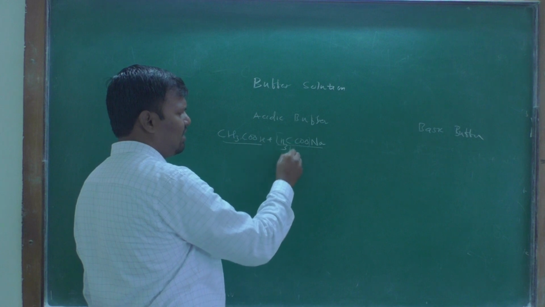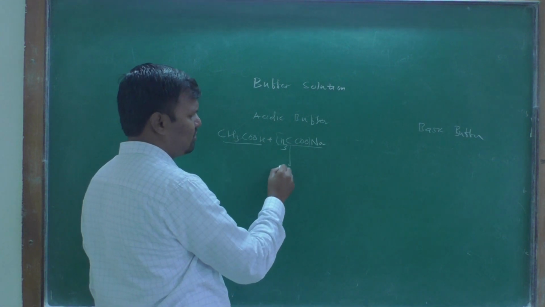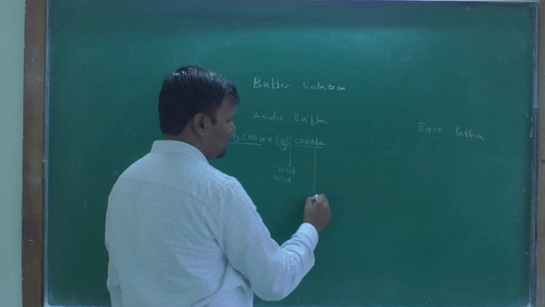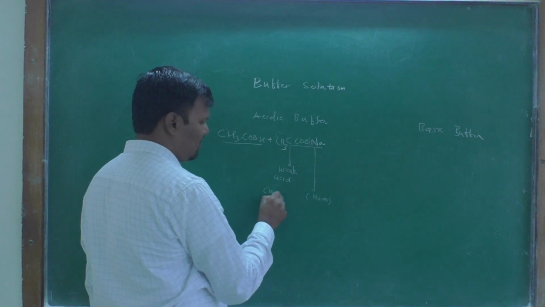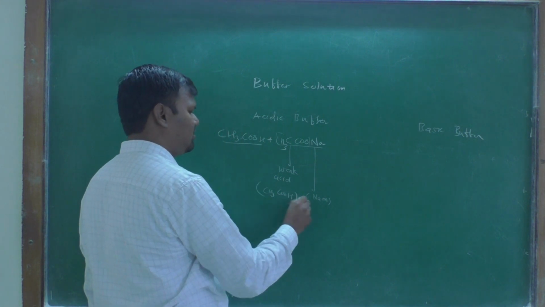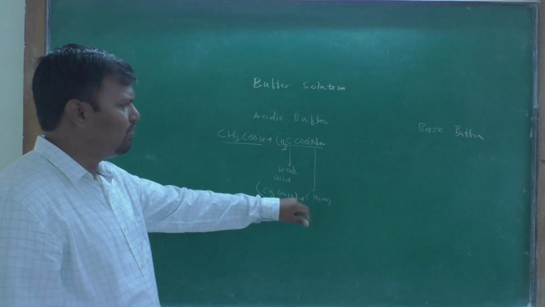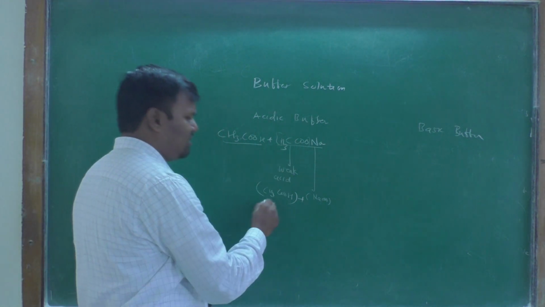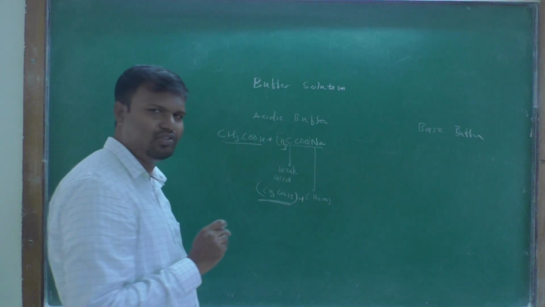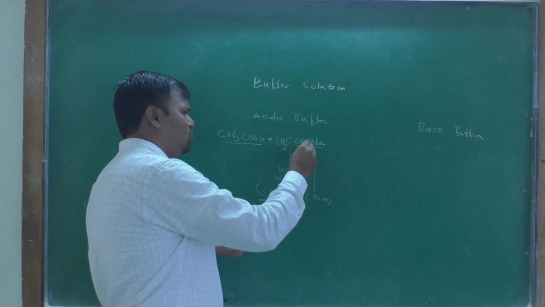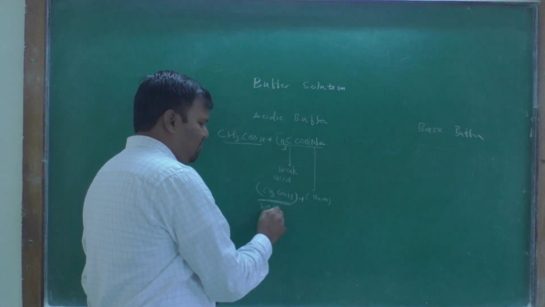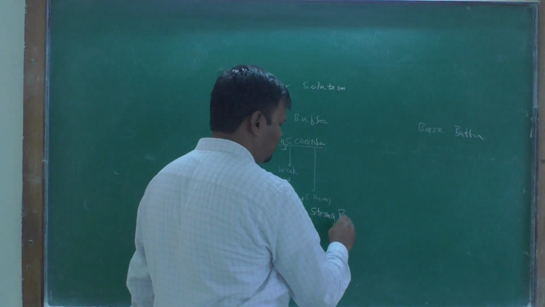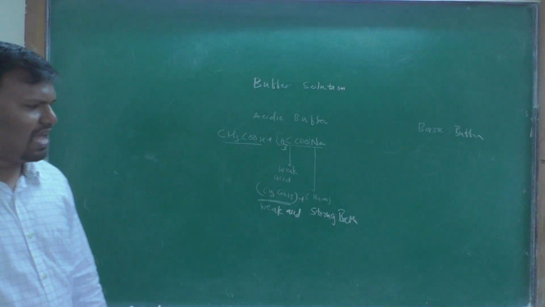The salt is made up of, for example, CH3COOH, which is a weak acid, and NaOH. When you mix CH3COOH and NaOH, you obtain CH3COONa and H2O. Okay, salt. This salt is made up of CH3COOH, which is a weak electrolyte; it dissociates in small amount. Therefore, CH3COONa is made up of a weak acid plus a strong base. NaOH is a strong base; it dissociates almost completely, in very large quantity.